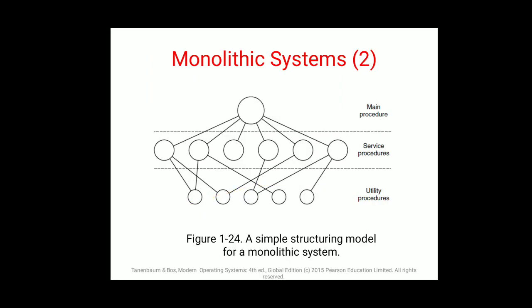So this is how your main monolithic system looks: main procedure, service procedures, and utility procedures. Can you all see these lines in between? These lines indicate that they are interconnected. Now your main procedure is only connected with the service procedures. But my service procedures have different utilities. It's not necessary that every service which I am providing to my main procedure will be the same. They can be interconnected, but the service procedure connected with my main procedure will be separate.